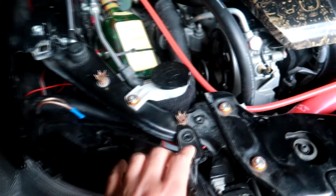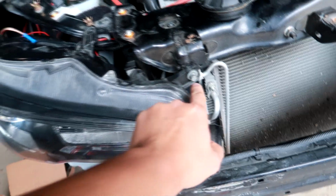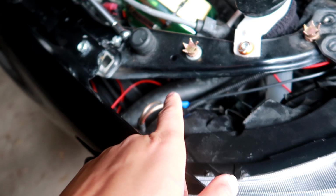So there are a couple bolts. I already went ahead and loosened one right here, and then there's one more right here, a 10mm bolt. You do have another one, I believe, on the side right here. So this one right here, I already loosened that as well. So a couple bolts you have to loosen, and then you have to disconnect if you have any wiring done on your lights,